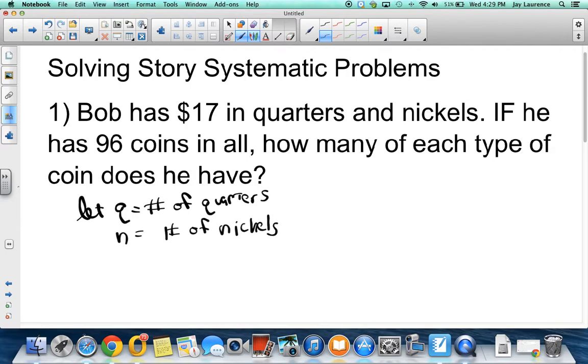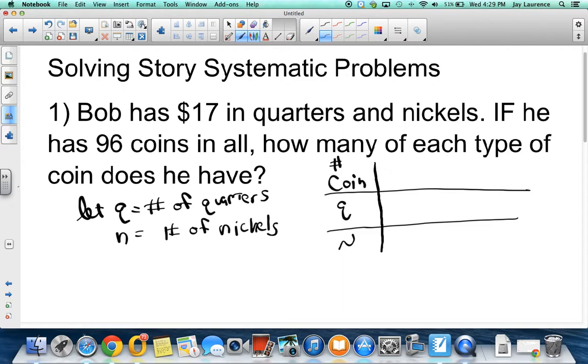Now, if you remember back in the day, some of us would make a little chart here. Okay, and so we have the quarters, and then we have the nickels, and this would actually be the number of the coin, right? Number of the coin. Okay, Q is the number of quarters. N is the number of nickels, and